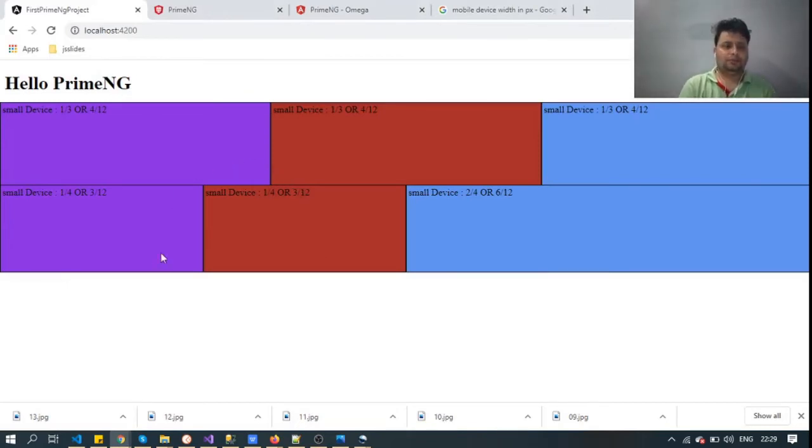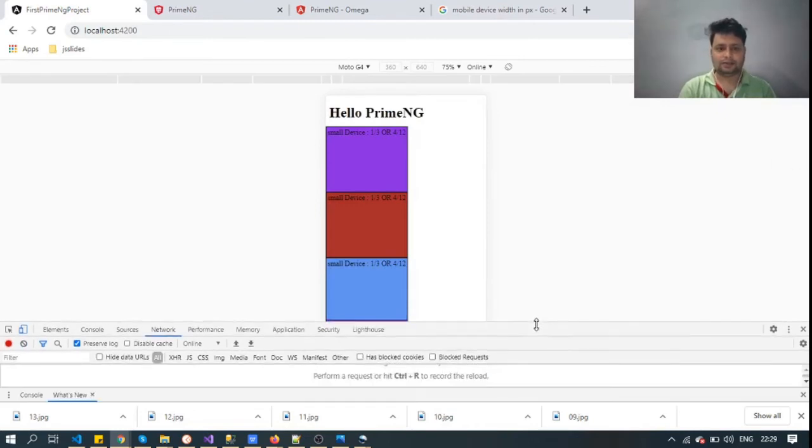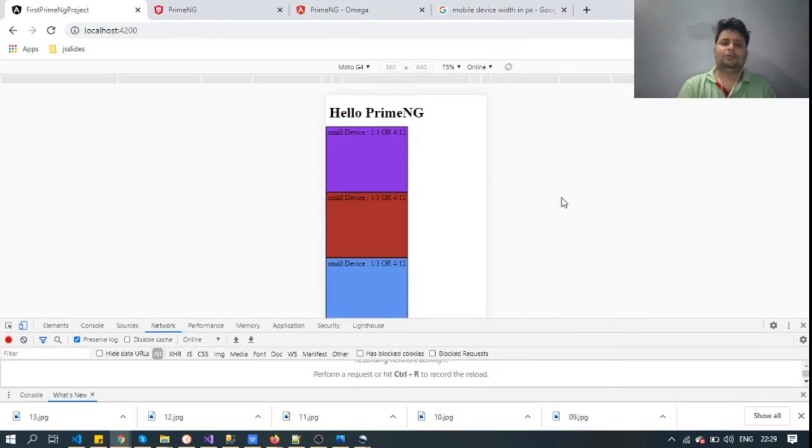So if you see, both our rows are ready right now. But if we go to the mobile devices, it looks like this. Yes, because for the mobile devices we have not defined any class, right? So that's why it looks weird. So in each and every case we have to define the design for mobile devices as well.